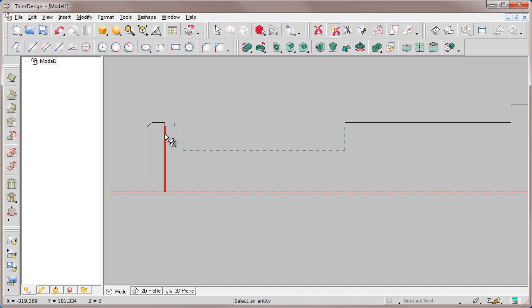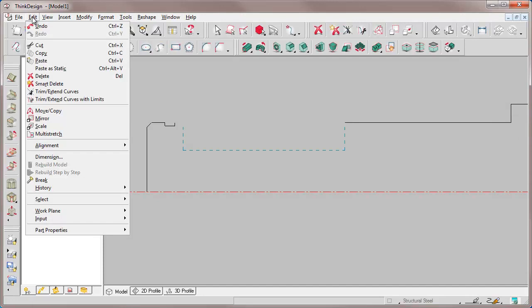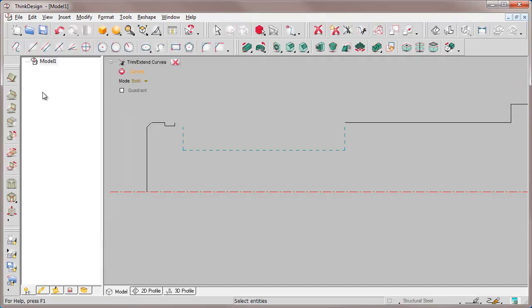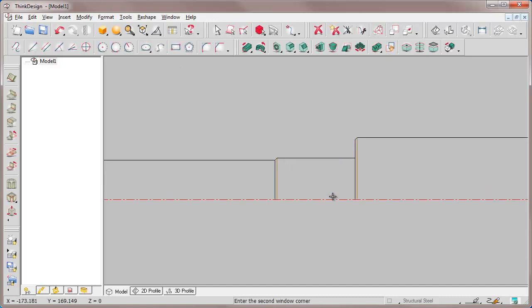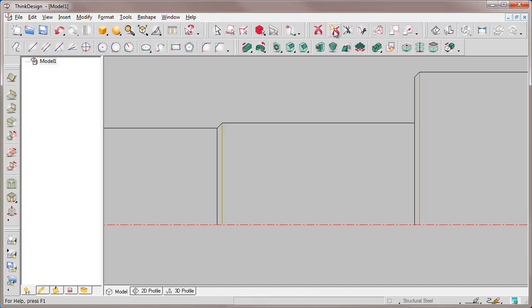Then we use the Smart Delete command for other lines. These will be created as edges of the revolution solid. We trim this line, extending it. Let's go on by adjusting and deleting the lines that are useless to create a revolution solid. Also, these lines will be the edges of the final revolution solid.